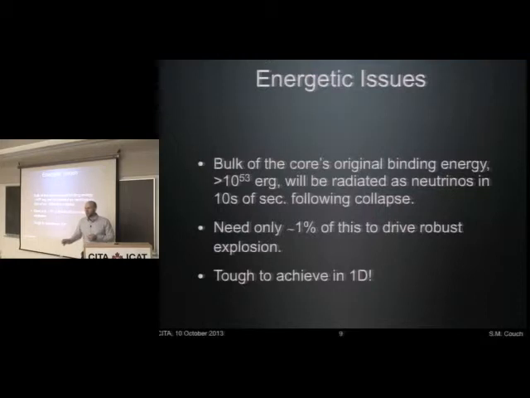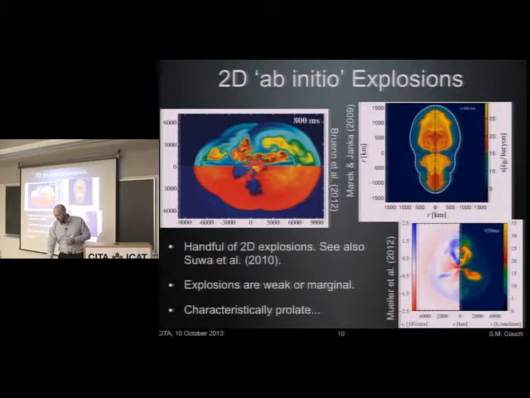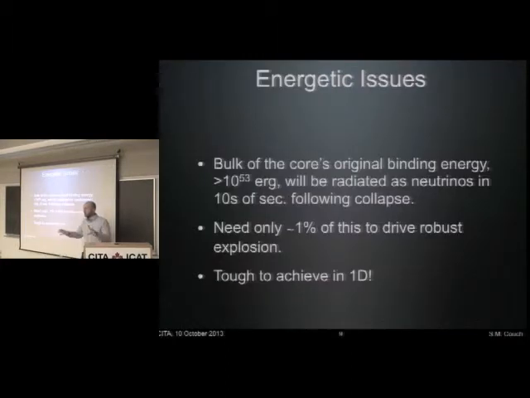Neutrinos don't like to interact with normal matter, it turns out. So this is a really hard neutrino radiation hydrodynamics problem. It's coupled and nonlinear, and it's a really challenging calculation. We do have a few examples in 2D. So I should say that, before moving on, in 1D, the most sophisticated one-dimensional simulations of this neutrino radiation hydrodynamic problem don't find explosions, all except for the most itty-bitty masses.